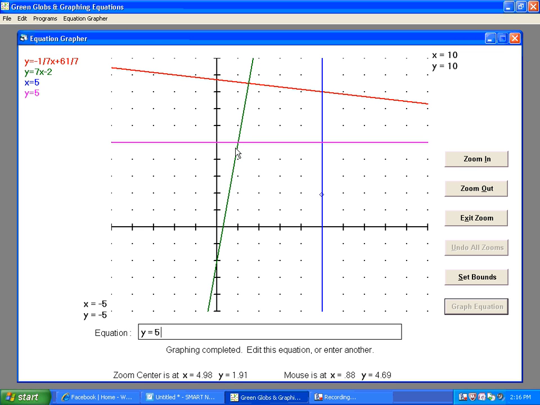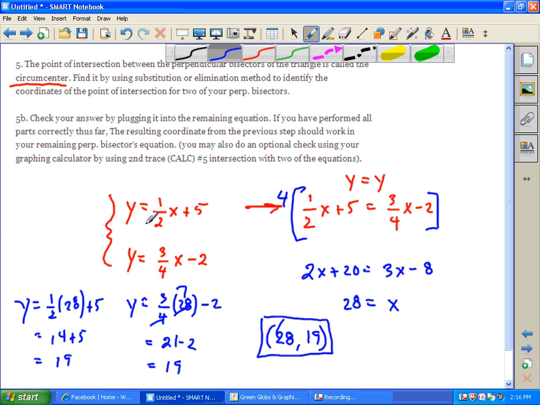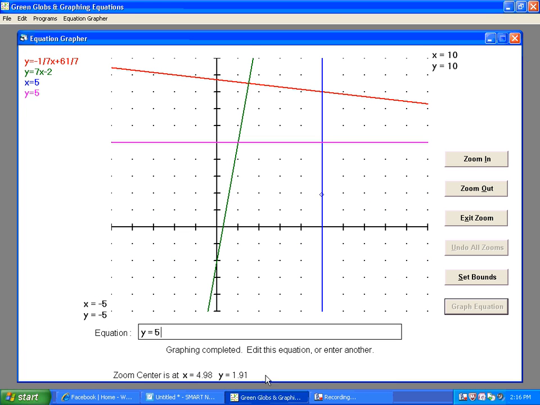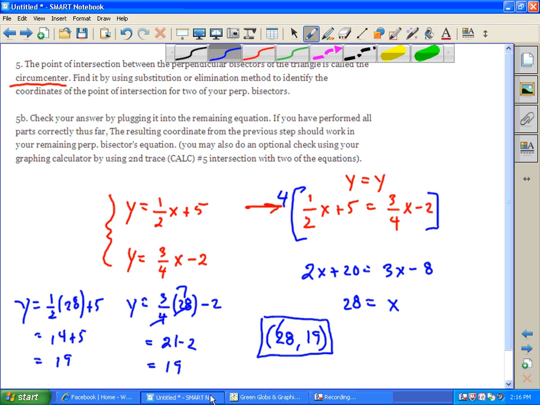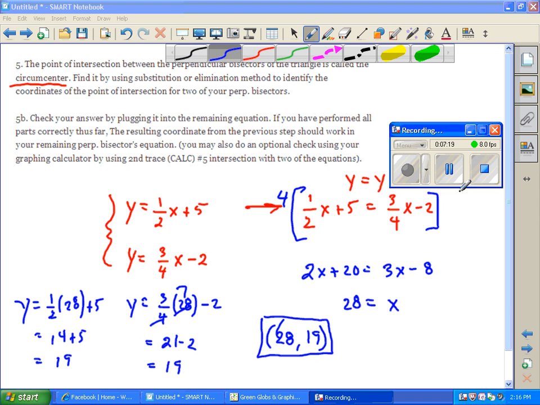I didn't want to show you an easy example and then have yours be hard. So basically, use substitution, find the point of intersection, verify that it agrees with your intersection for your perpendicular bisectors on your graph paper. All right, I think that's it for